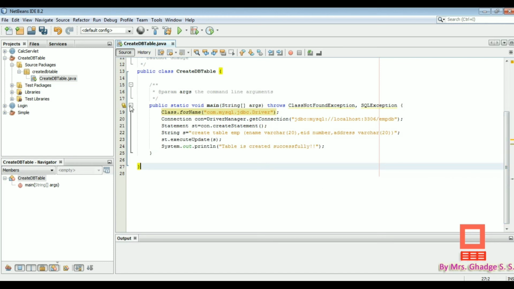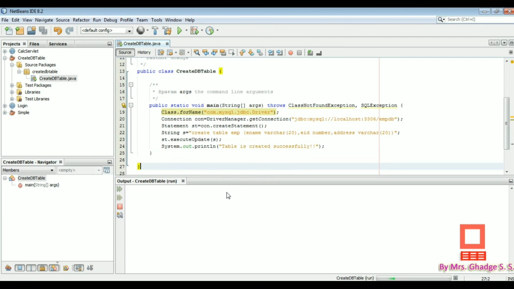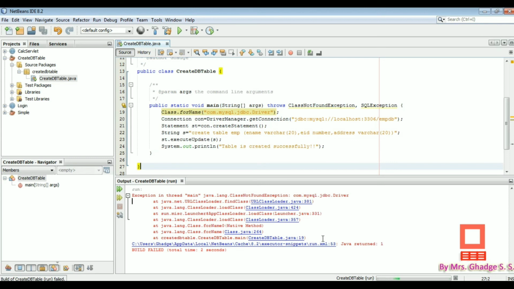Just right click on it and run file. It will show some errors. Let us see what the errors are.